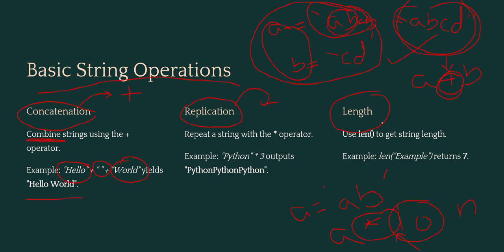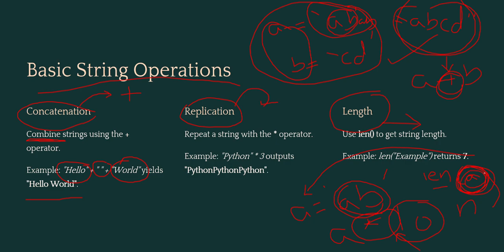Next we are having length. Now, if I want to find out how many characters are a part of my string, how many elements are a part of my string, simply, let's say I want to count how many values are present in this. So what I'll be doing? Length. For which I want to find length, I want to find length for a, means whatever value is stored in a variable, I want to find length for that. So I'll be using the len length function. Inside the braces I'll be putting the name of the variable, or either I'll be putting the string over here, the collection over here. I hope this is clear. The basic idea is clear.